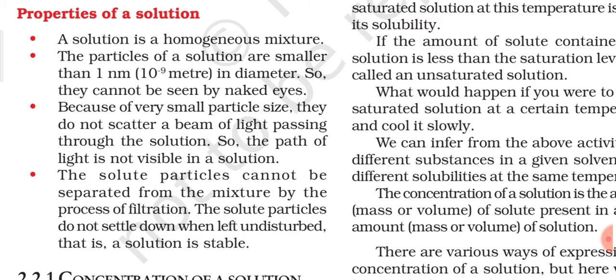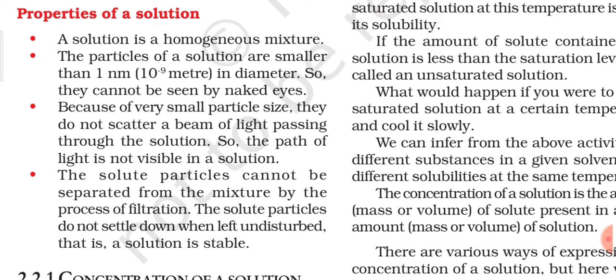If you have not observed this, you can just do the same thing, and you will be able to easily understand the meaning of the visibility of the path of light, or the scattering of light, what I am saying here. So in the dark room, how the path of the light becomes visible, or how the light is getting scattered, is because of the dust particles present in the room, with which the beam of sunlight is striking or colliding.